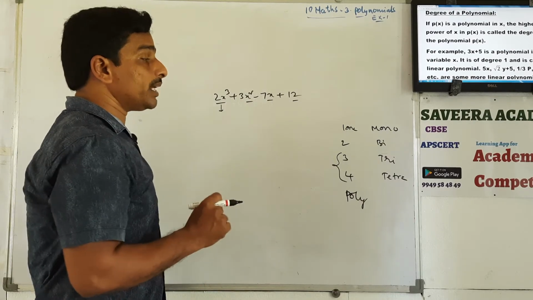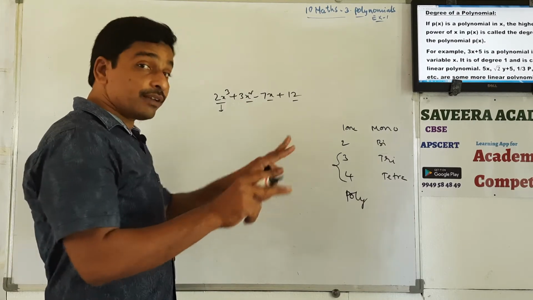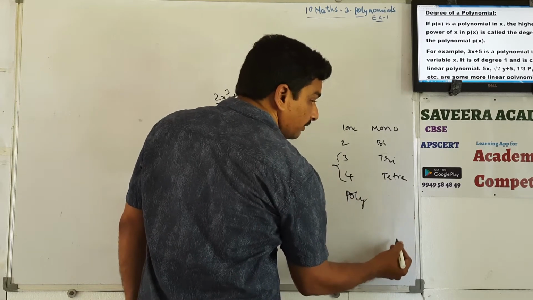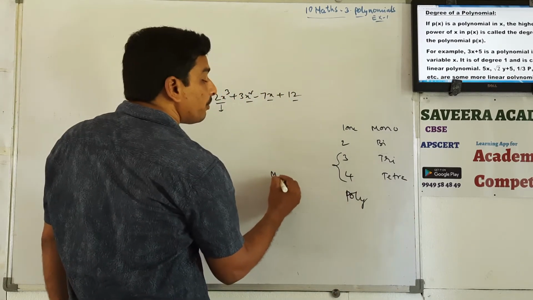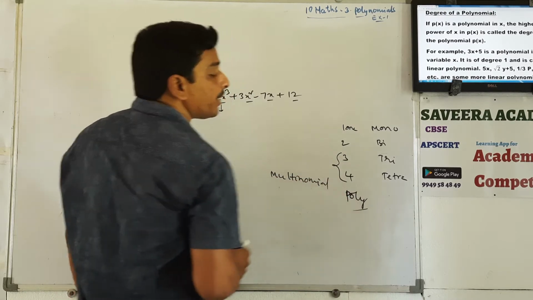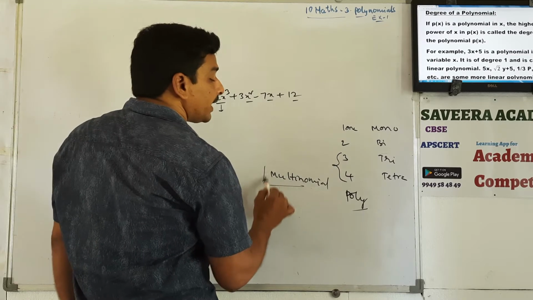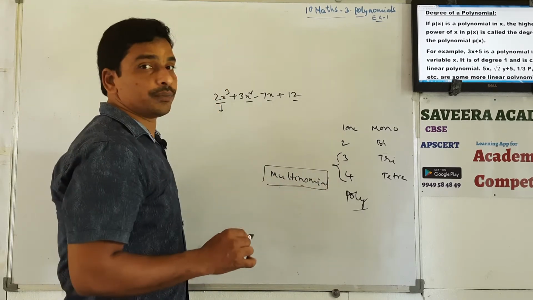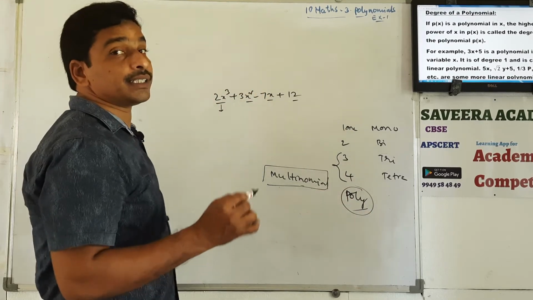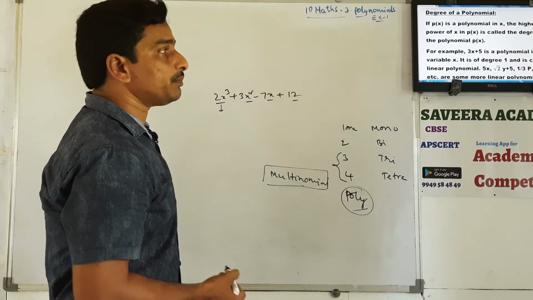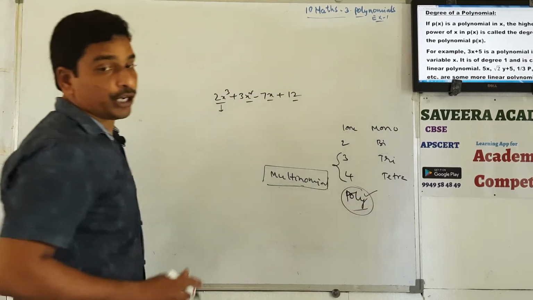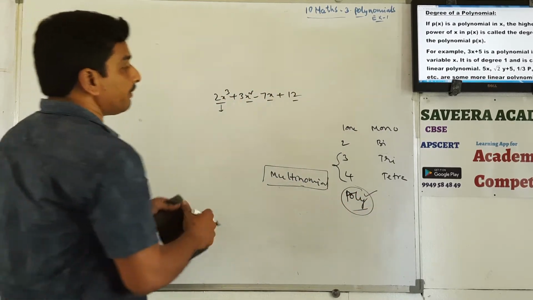Polynomials means there is a difference between polynomial and multinomial. Suppose here see tetra, penta, hexa, like that you will get. They are called as multinomials actually. What is the difference between polynomial and multinomial? Multinomial may contain negative integers also, no problem at all. But polynomials contain non-negative integers as the powers of variables. So in this chapter we are dealing with these polynomials.